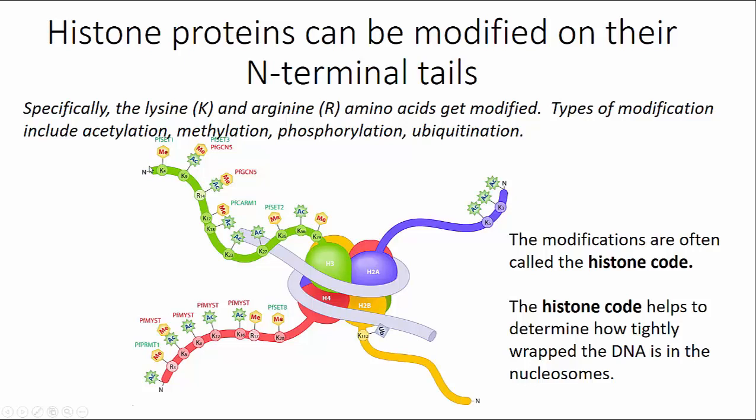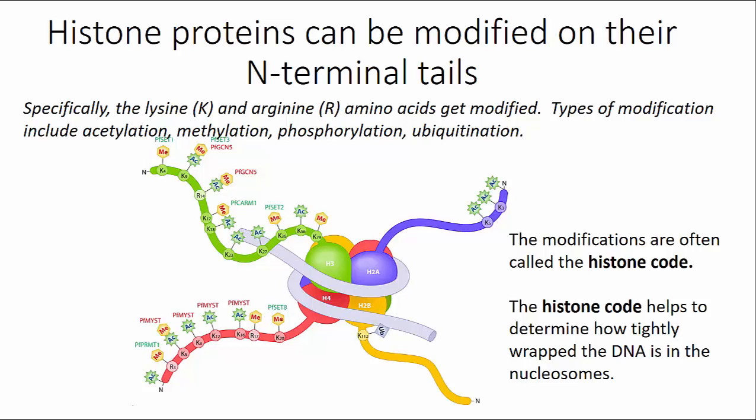There are different types of modifications that are put on, and the different types of modifications lead to different effects in how tightly the DNA wraps around those nucleosomes. Some of the modifications are shown here. Some of these amino acids can be methylated, others can be acetylated. Those are the two main modifications, but there are several other things that can also happen, including phosphorylation and ubiquitination